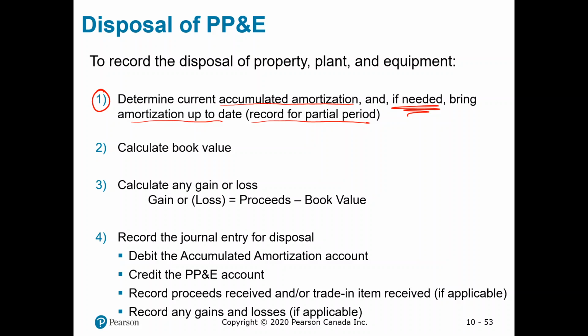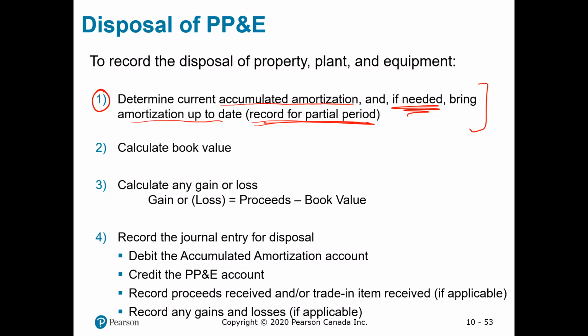So for example, let's say the business records amortization annually at December 31st. Well, if they dispose of a piece of equipment on March 31st, now they haven't recorded anything for January, February, and March of that year. So we would need to bring that up to date by recording 3 months worth of amortization on that. So you figure out where you're at, bring it up to date if needed, and then you know now what